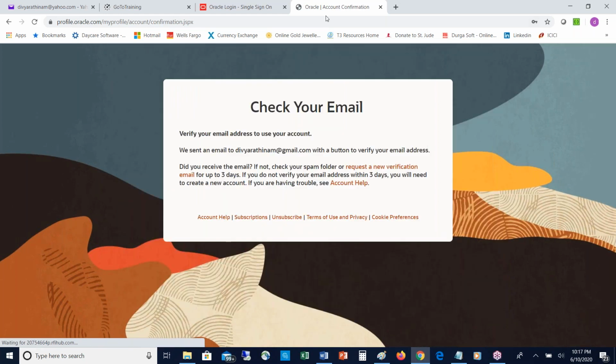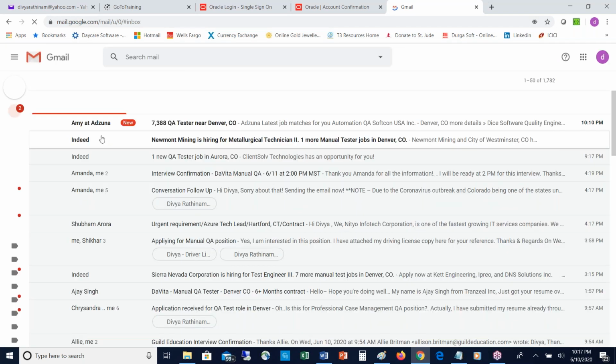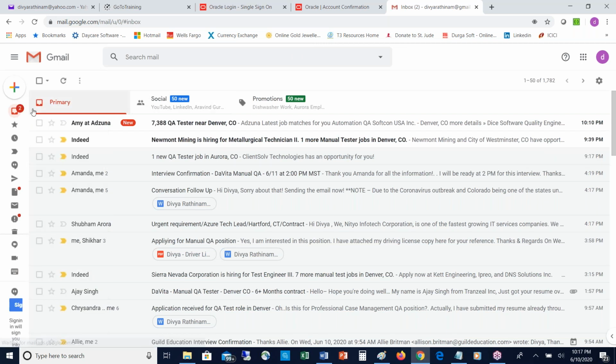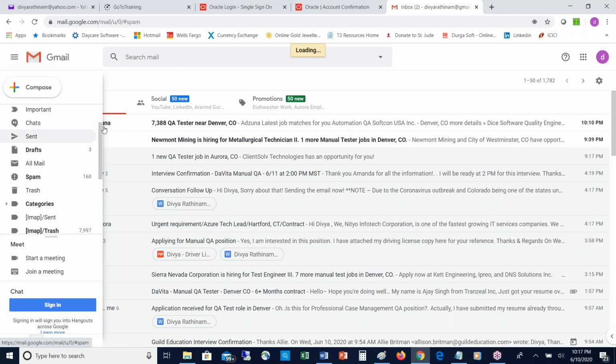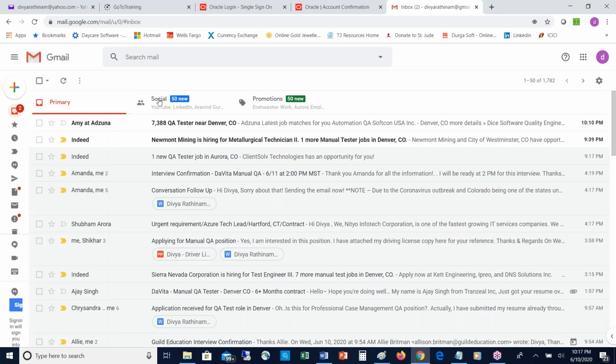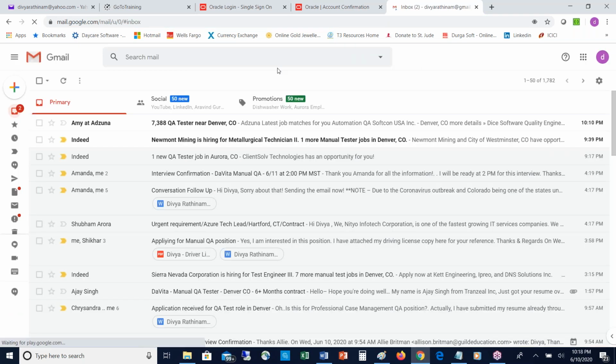Create account. Now check your mail ID. You'll be getting a verification mail. Please log into the mail you registered just now. Check whether it went to spam or anywhere. It takes some fraction of seconds to reflect. Meanwhile, let's refresh the browser. Just refresh your browser, it will come. It takes some fraction of seconds to reflect your mail. No, still not there.